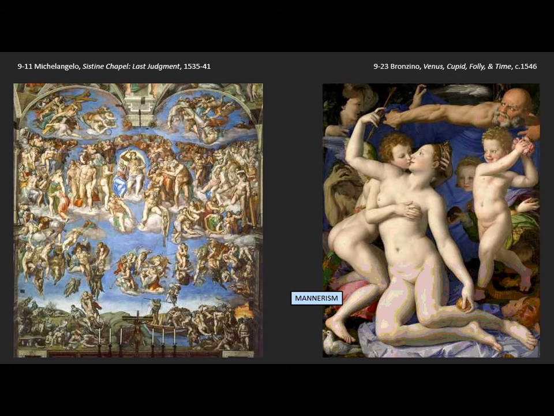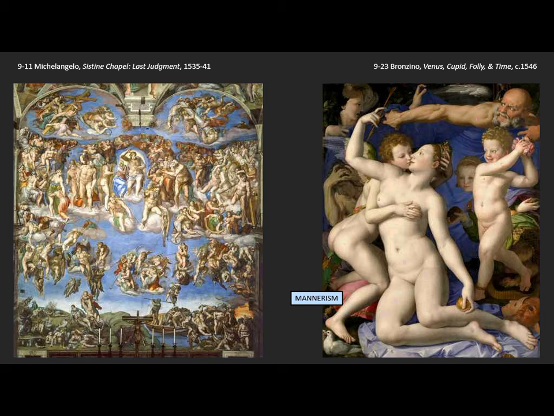In this art fix, what we're going to look at is Michelangelo during this period, because he lived deep into the Mannerist era. He doesn't die until the 1560s, whereas Leonardo and Raphael both passed away in the 1510s. And in fact, as we look at late works by Michelangelo, what we see is that after the 1530s or so, his works are also Mannerist in style and share all of these characteristics of Mannerist art.